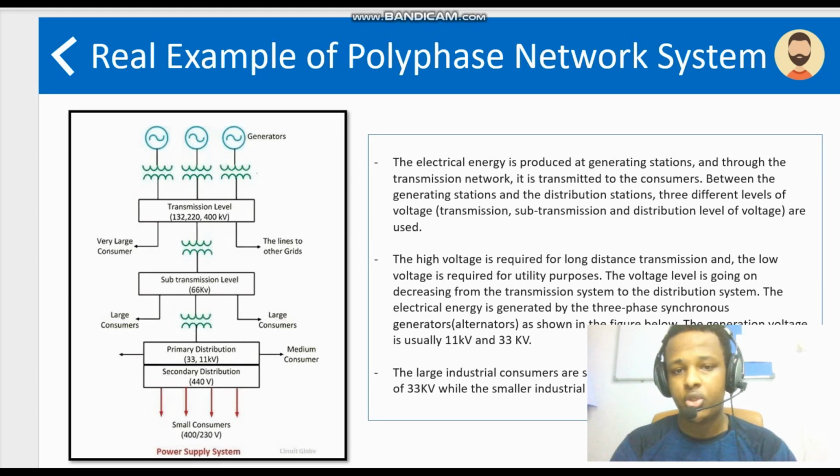The high voltage is required for long distance transmission, and the low voltage is required for utility purpose. The voltage level decreases from the transmission system to the distribution system. The electrical energy is generated by three-phase generators. The large industrial consumers are supplied at the primary distribution level of 33 kV, while the smaller industrial consumers are